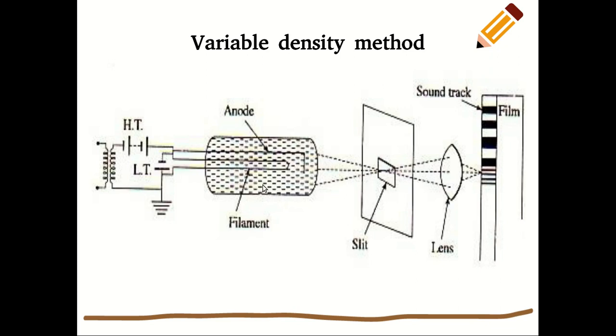Now, what will happen when the audio signals of sound, obviously the output of a microphone, because we have seen that a microphone is a transducer that converts the sound energy into electrical signals. So the electrical signals of sound coming from the microphone, which will obviously be amplified signals,